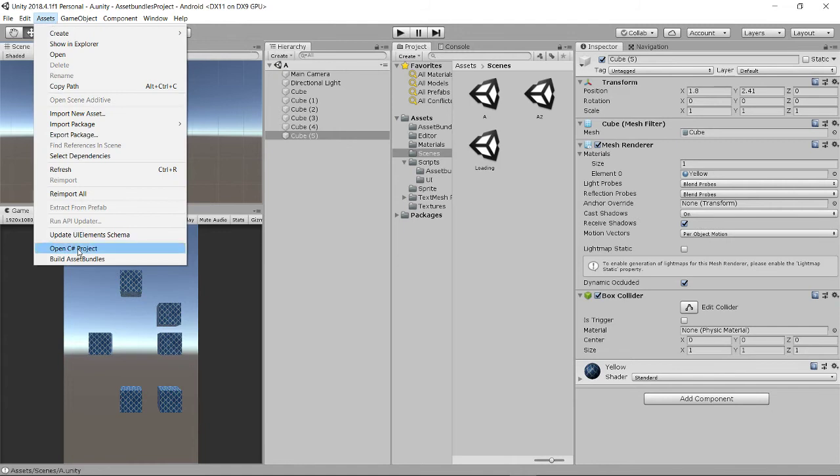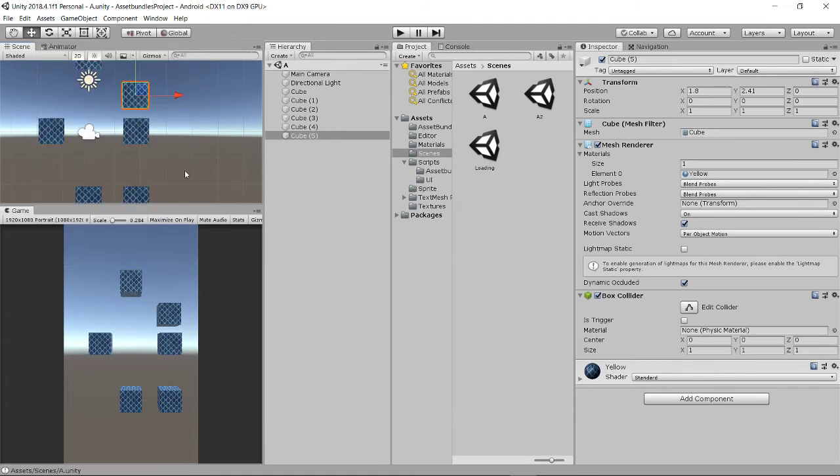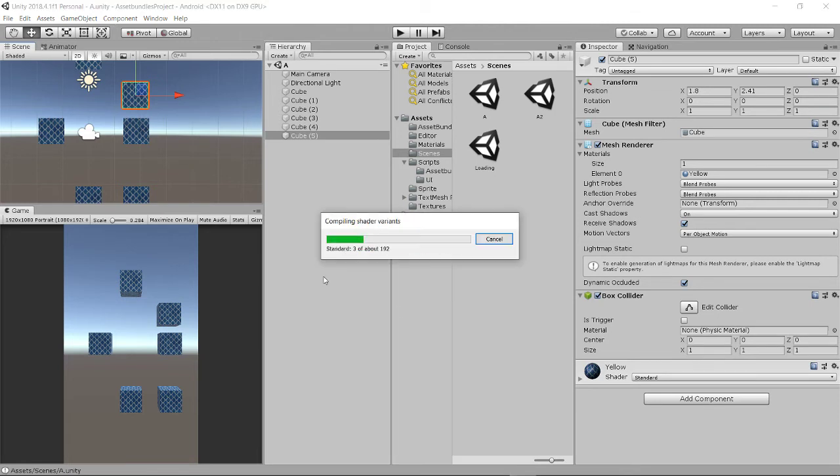From asset you have to build asset bundle so that it will be recreated. So it's now creating the asset bundle. It's now updating the asset bundle, and the CRC number will now change.